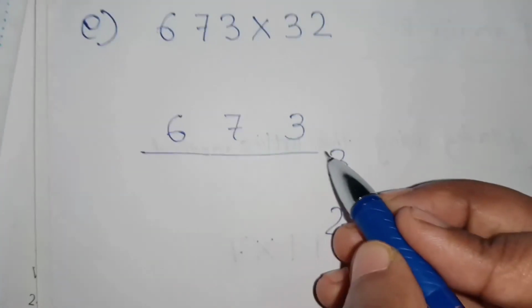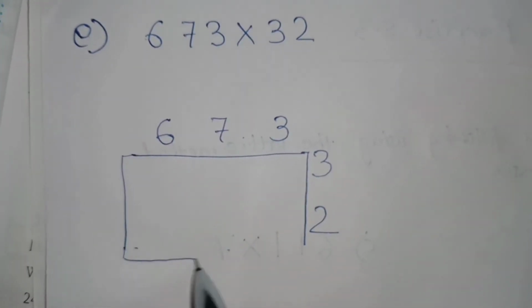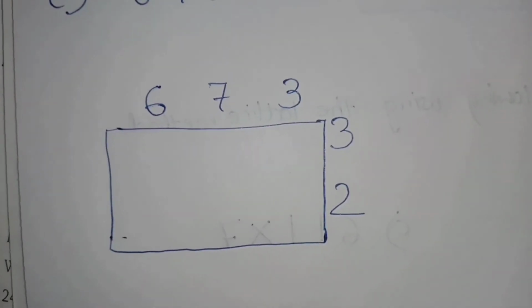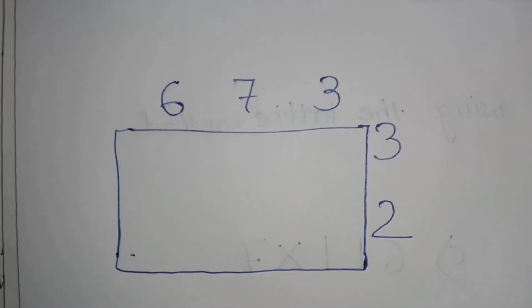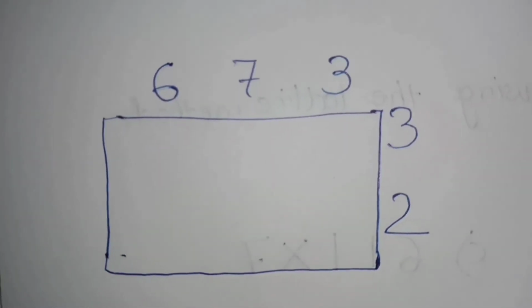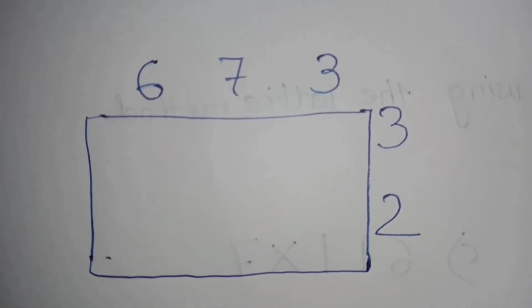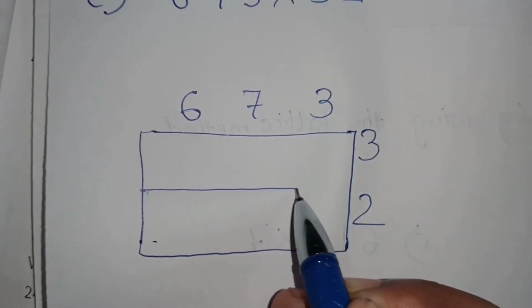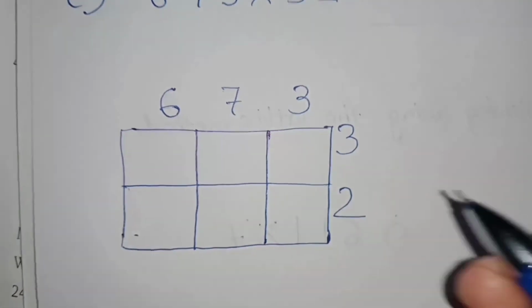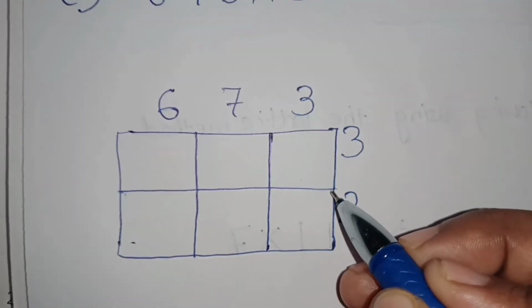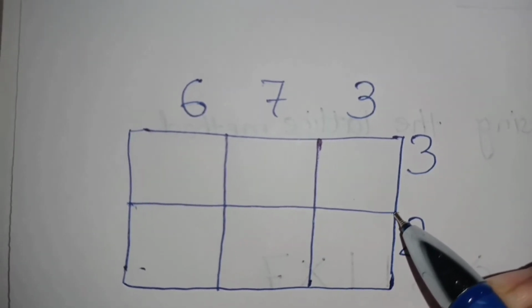Now what you have to do? We have to make the box. To make the box, no need to make a very perfect box. You can make little bit lines, it may go here and there. It's not necessary to make a perfect box. Now we will divide this, now we will make this column. I know you all are kids now, so a perfect box you cannot make. So you can make it a little bit here and there, but when you divide it, do it properly.